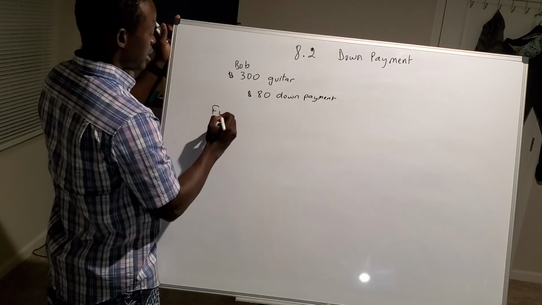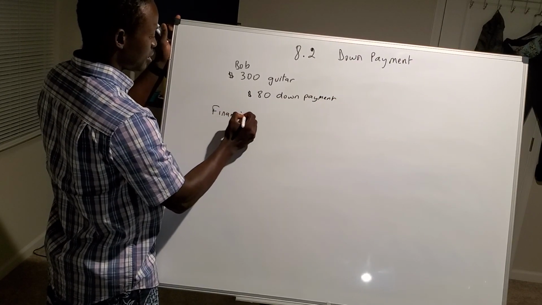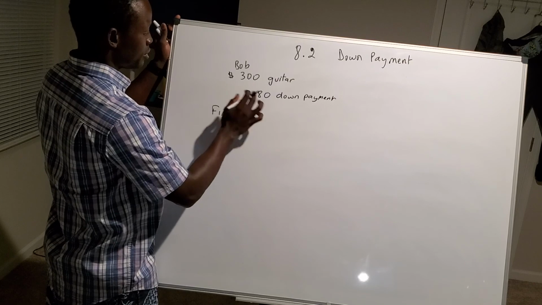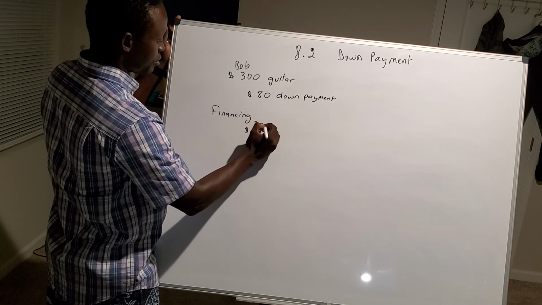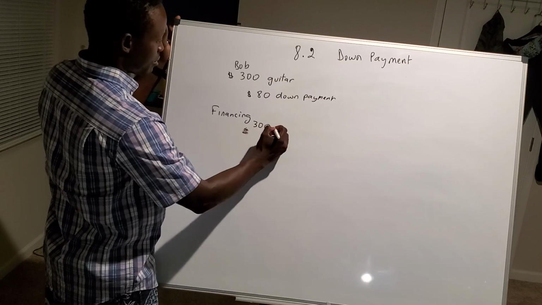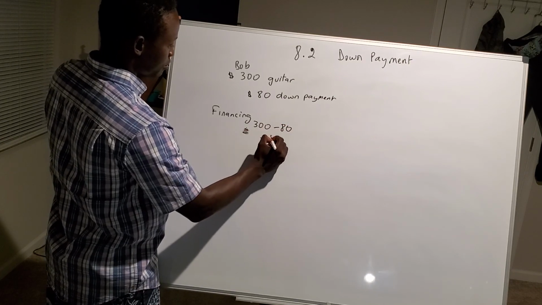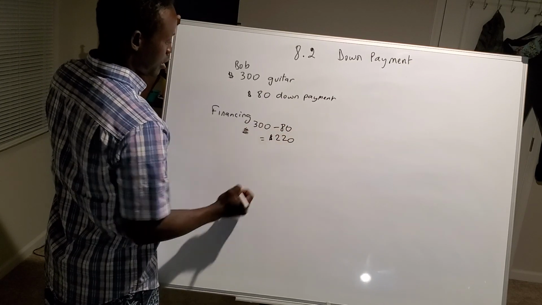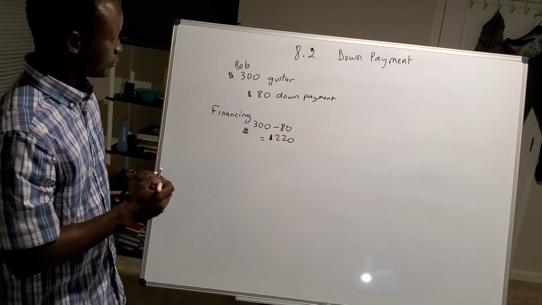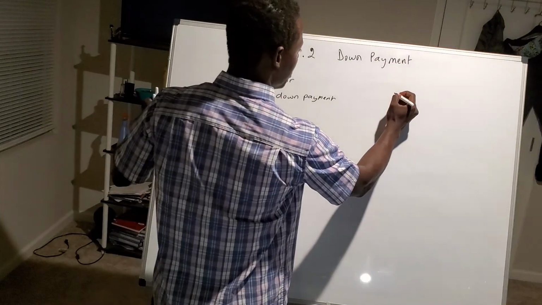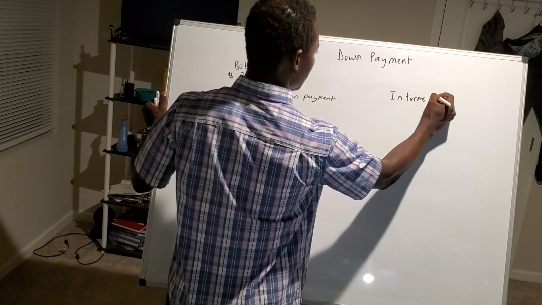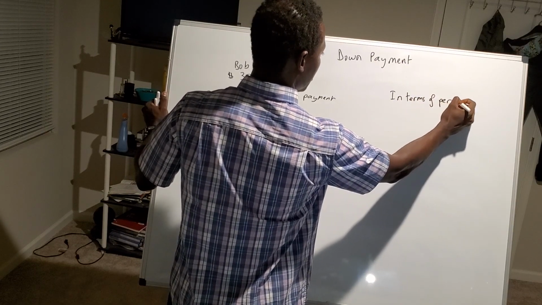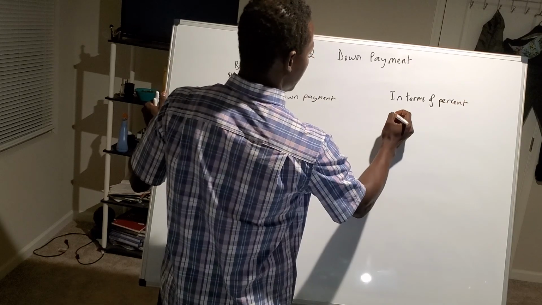So this is the down payment. How much is he financing? He's financing 300 minus 80, which is 220, right? Now it could also be in terms of percent. All right, let's say